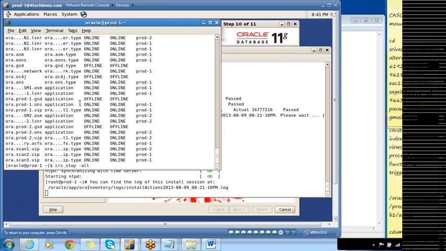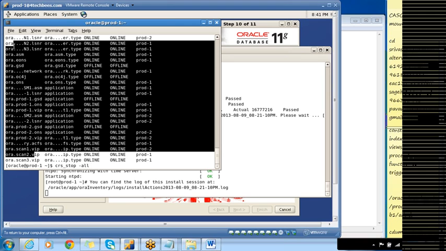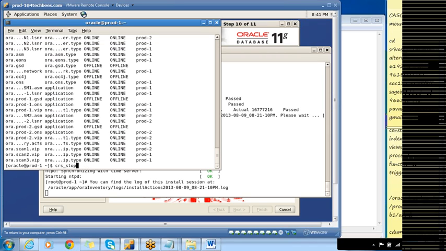It will be local, specific to this node. But CRSD, CSSD, EVMD and HASD will be up and running. It will only bring down these resources, not CRSD, CSSD and HASD. If you want to bring down CRSD, CSSD and HASD also, you have to go for crsctl stop crs.